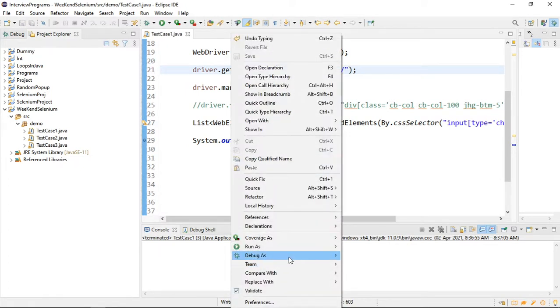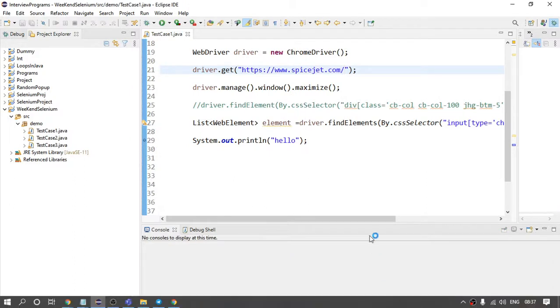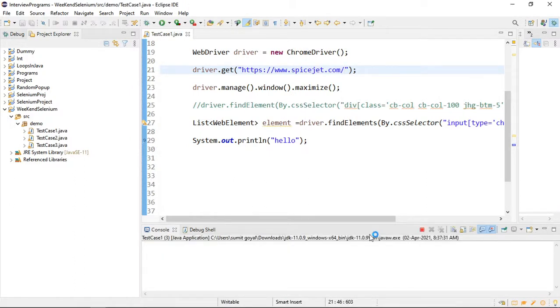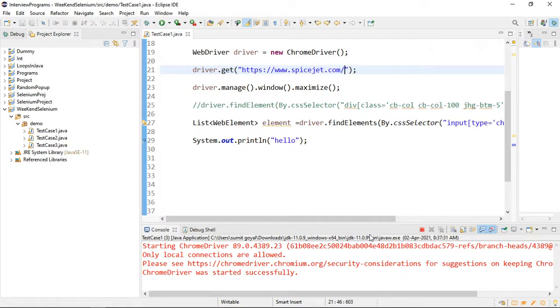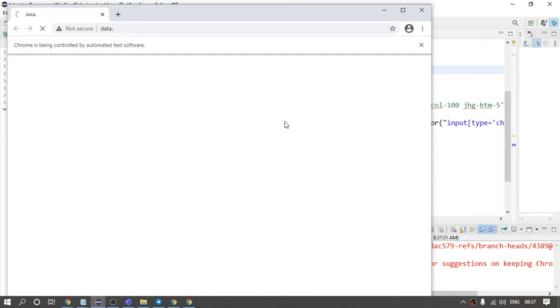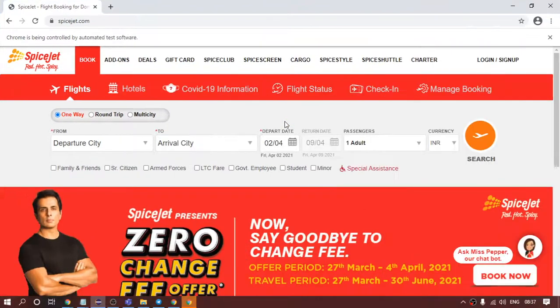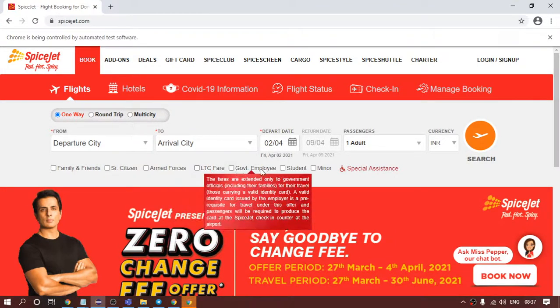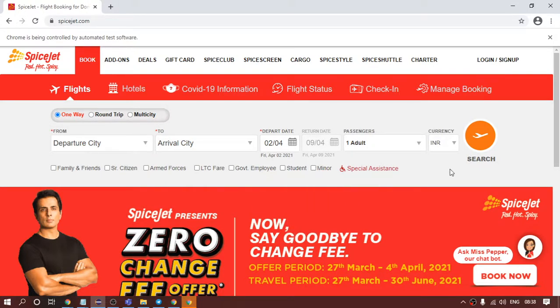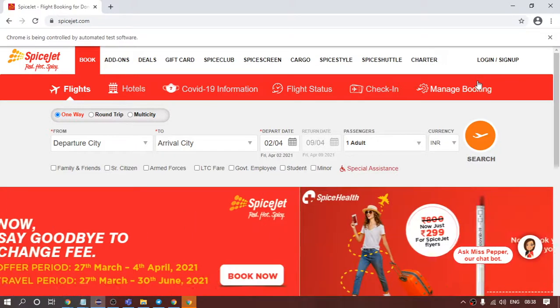Now if I run it, basically we are seeing what this element will contain. So we should get a total of 8 elements, as we already saw by doing Control F, we identified a total of 8 elements will match. 1, 2, 3, 4, 5, 6, 7. Where is the voucher discount? I'm not able to see. Okay, we will check it later.